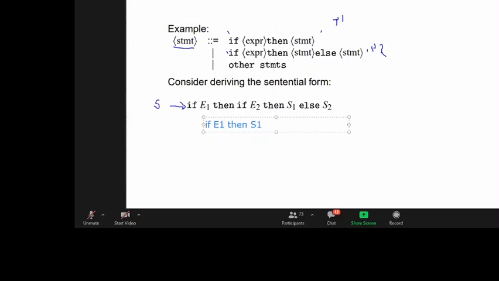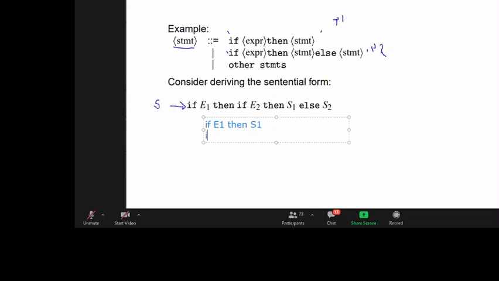That is production number 1. So using that, I'm able to go with production number 1. I have said if expression number 1, and then statement number 1, that is production number 1. Then I can follow up that with the second production, where I'm going to replace now, because I've already replaced this first one, I'm going to replace now this S1, the second statement, which is, because you're